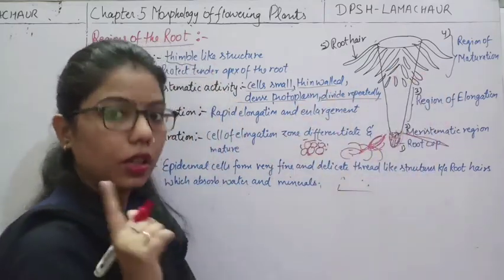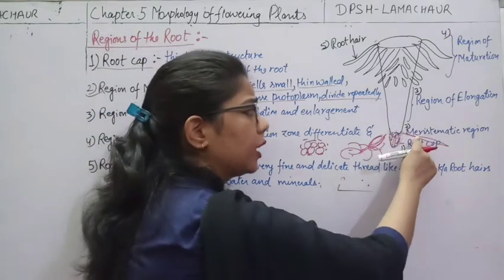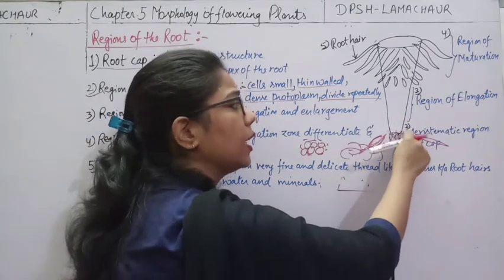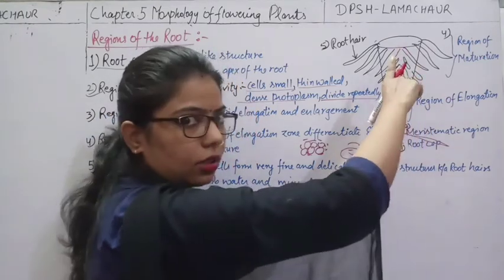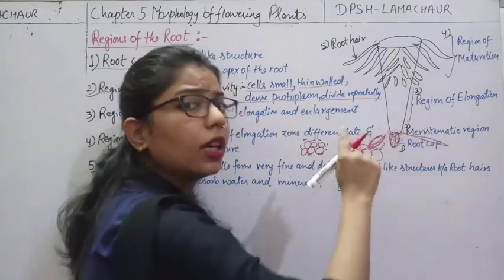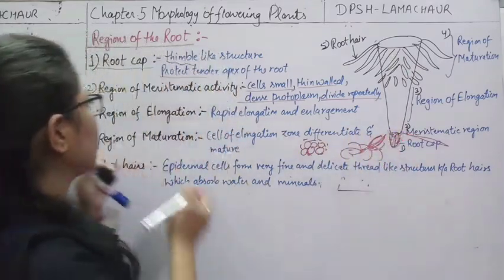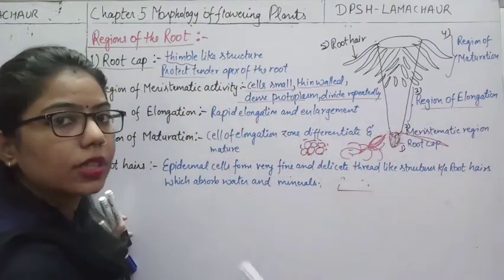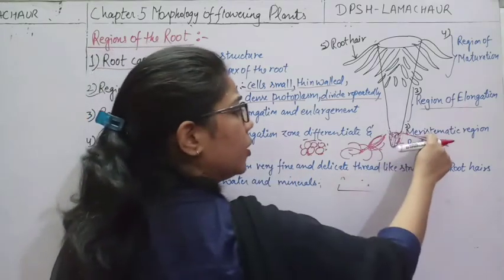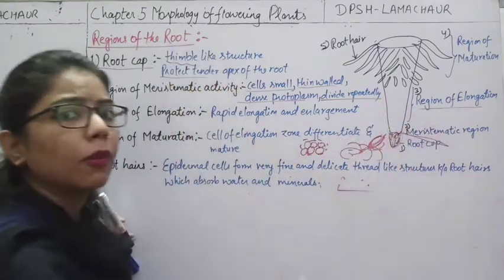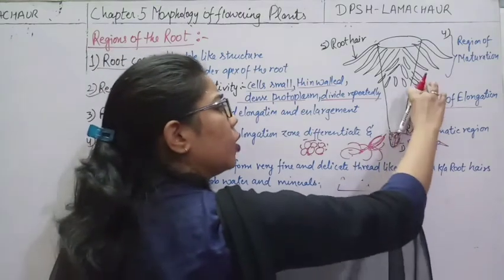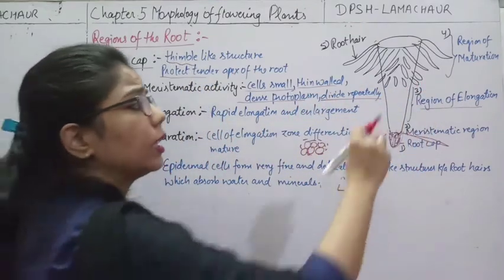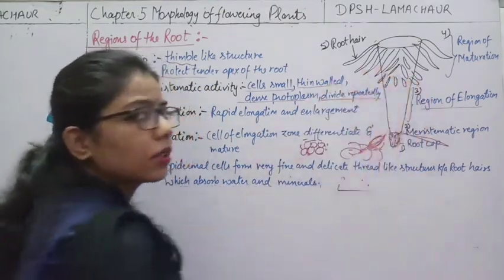Again understand, due to the activity of cell division happening at the root apex, the zone of root will elongate. Why? Because cell division is happening. So the third zone which comes here is the region of elongation, and this region of elongation is formed due to what? Due to this meristematic region. If there is no meristematic region, there will be no cell division, there will be no growth. If there is no growth, there will be no elongation of this root structure.